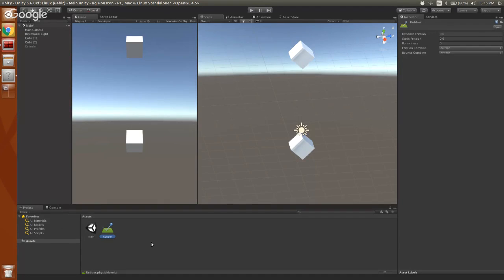This is just like a set of properties that control how an object relates to all other physical properties. So if I touch this up in my inspector, you'll see it now says, all right, you have a rubber and you have a bunch of different options. Friction, bounciness, friction combined, other very fine-grained physical settings that I don't really care about. All I care about is bouncing.